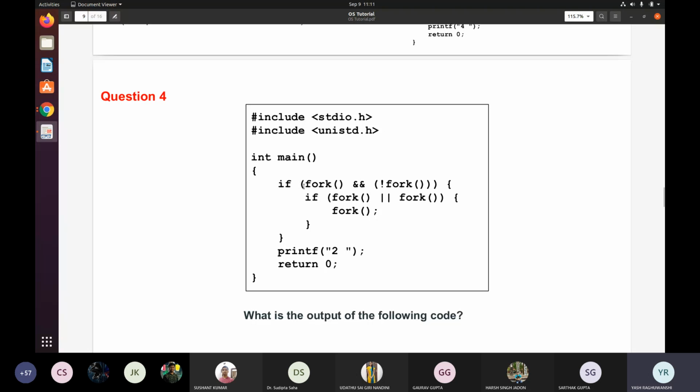So forget about this fork and this fork. Suppose there is statement 1 and statement 2. If there is an AND operator and statement 1 is false, it won't go and check the other part, because whatever it is there, whether true or false, the total value will be false. But if it is true, it has to check whether the other is false or true to get the total boolean. That's the concept here.